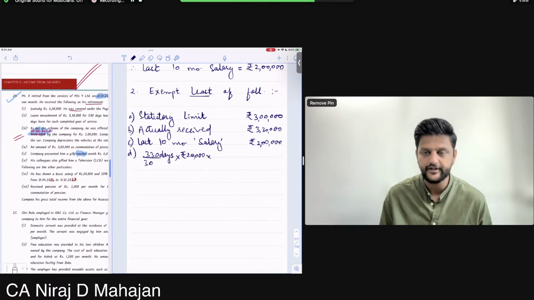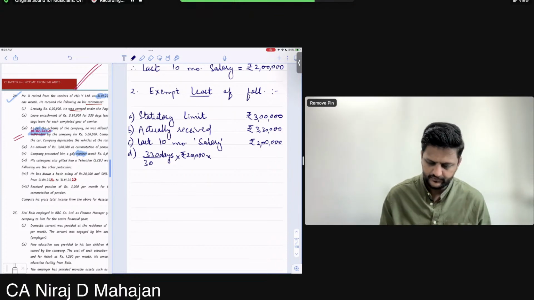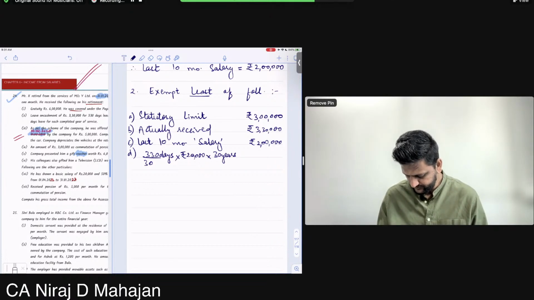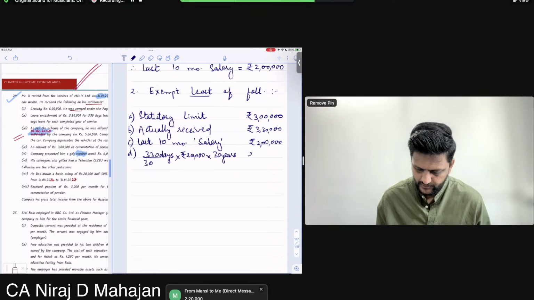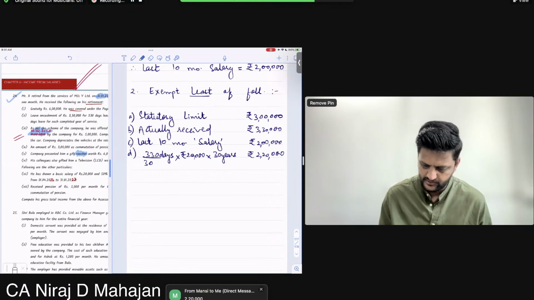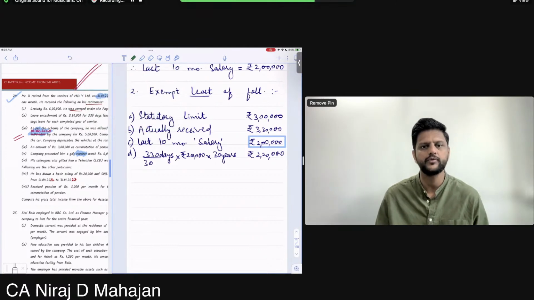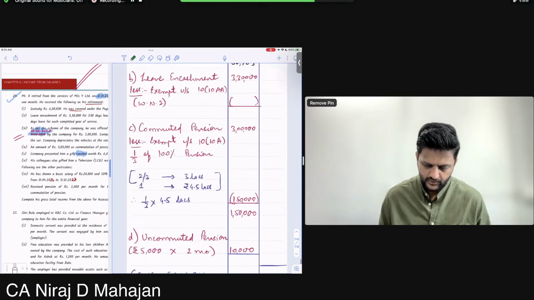Number of years, how much are we going to take? We ignore the fraction at that time. 30 years. Correct, all of you? Give me this figure. Correct, 2,20,000. Least is 2 lakhs. Done till here, all of you? Least is what? 2 lakhs. Ready? Put it in the answer: 2 lakhs.